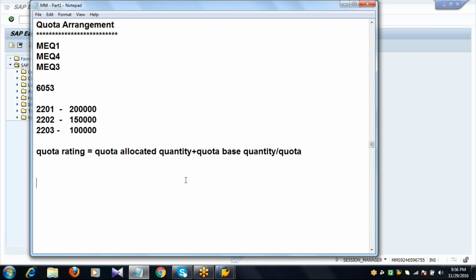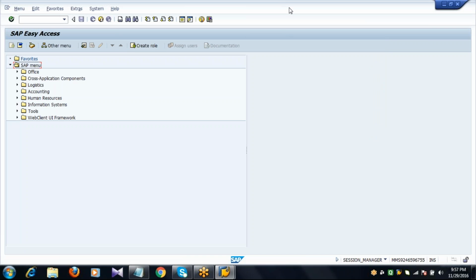Now we'll see the steps to perform the quota arrangement. So first, define quota arrangement usage.